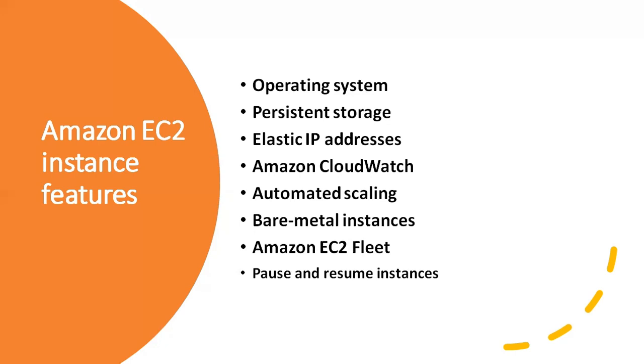Bare metal instances. These virtual server instances consist of the hardware resources such as a processor, storage, and network. They are not virtualized and do not run an OS, reducing their memory footprints and providing extra security. And Amazon EC2